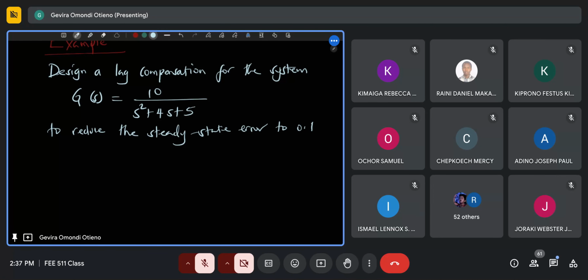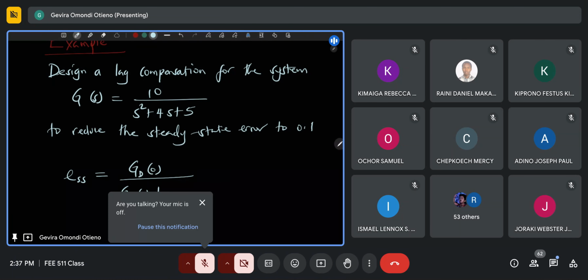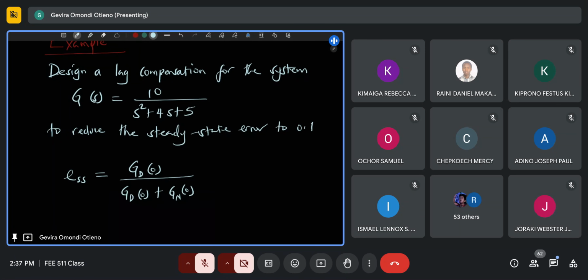Let us confirm that. So the uncompensated steady state error, I told you, is given by, again, this formula, I told you to remember it, GD of 0 over GD of 0 plus Gn of 0. N stands for numerator, D stands for denominator. I think that should be very clear to you right now. So let's start with filling up the denominator. You take the denominator of your G of S and substitute S for 0. So we'll be having 0 squared plus 4 times 0 plus 5,